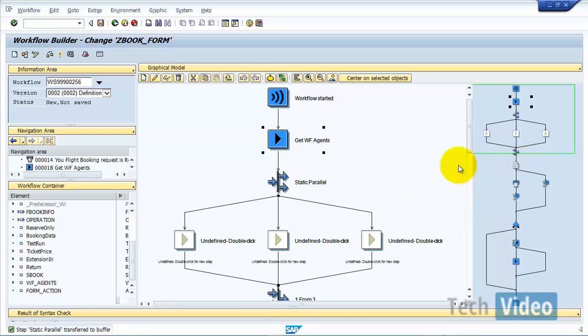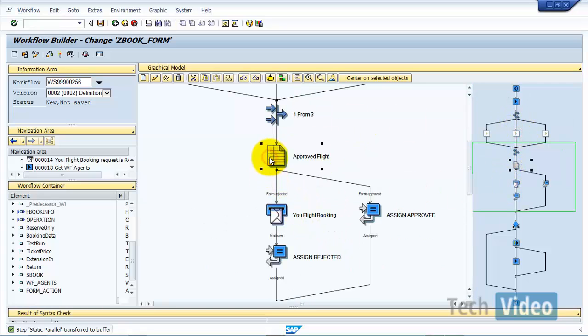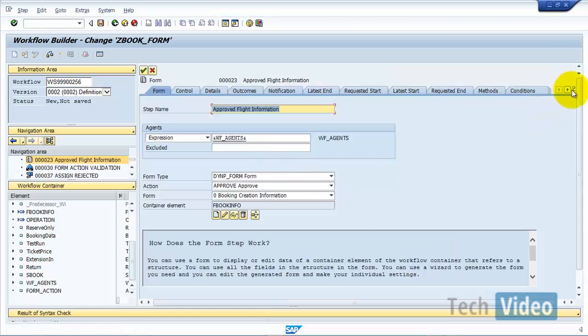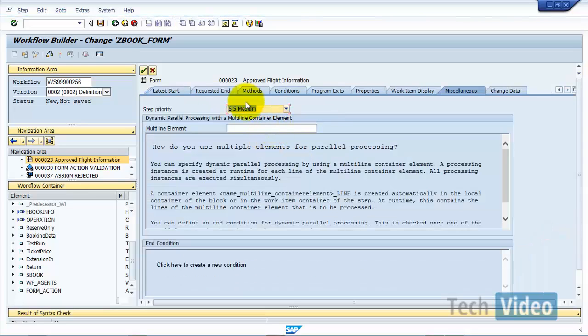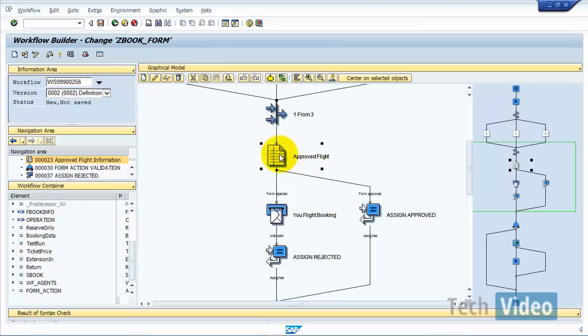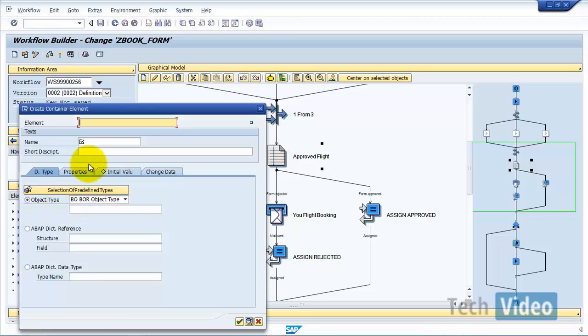instead of assigning them dynamically by making use of this miscellaneous step, what I'll try to do is replace this with one more logic over here. I'll just delete this. Yeah, it's already deleted. And now what I'll do over here is create 3 container elements and move them to 3 different users. Okay, so let me put it as agent 1,